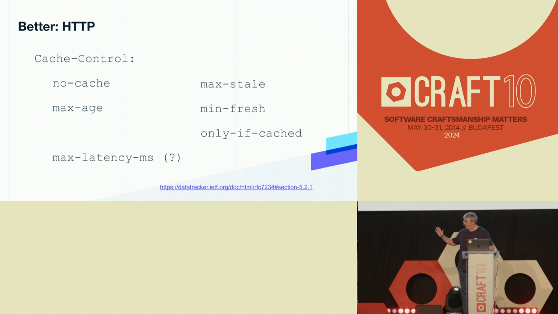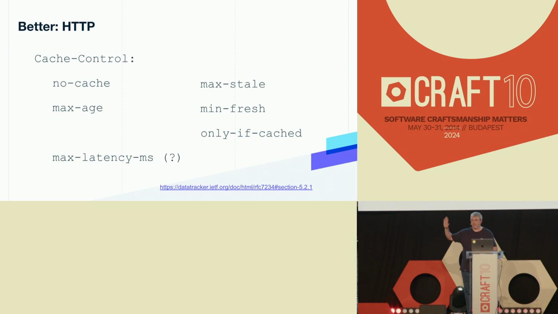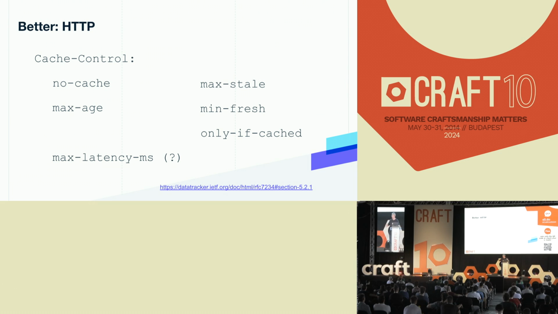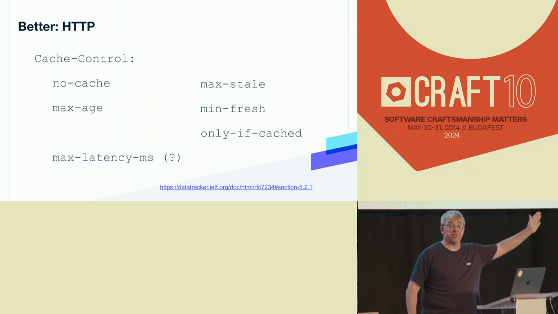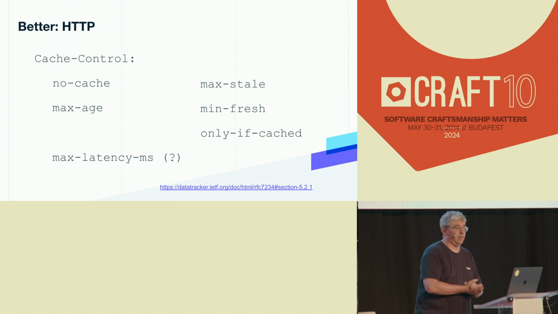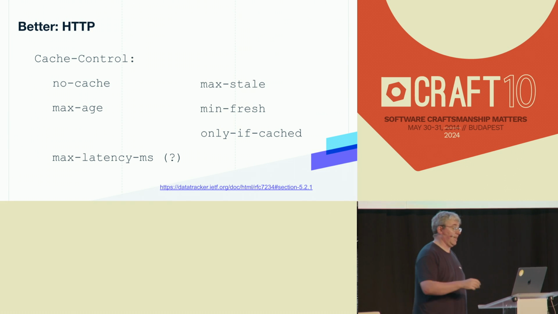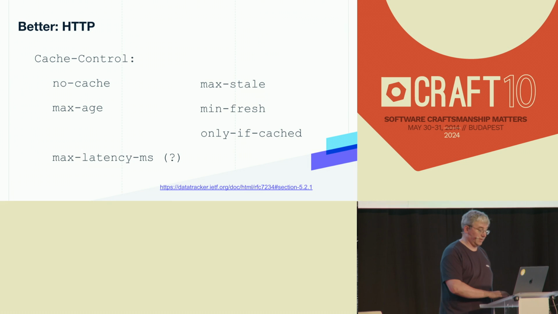So I actually think it'd be interesting. I couldn't find any IETF standardization around deadlines, right? What if there was a header where you could say, please give me an answer within this many milliseconds? Would we do something different? Maybe I would just say, you've asked for the impossible. I am not going to be able to generate a response for you that fast. I might as well just give you an error right off the top, rather than trying to do work that you are going to time out and never receive anyway, right? So I think this type of thing is very interesting, and we don't often build these into our interfaces.